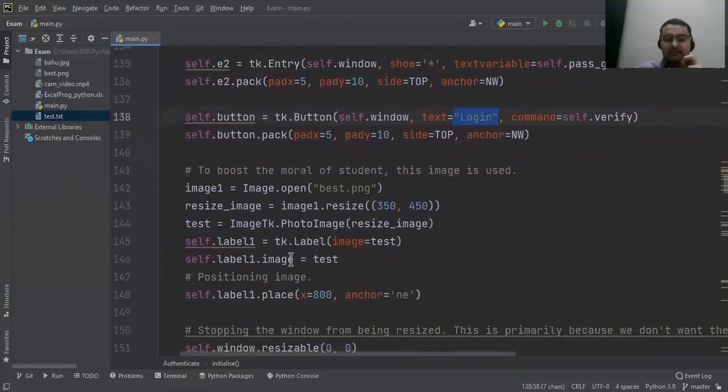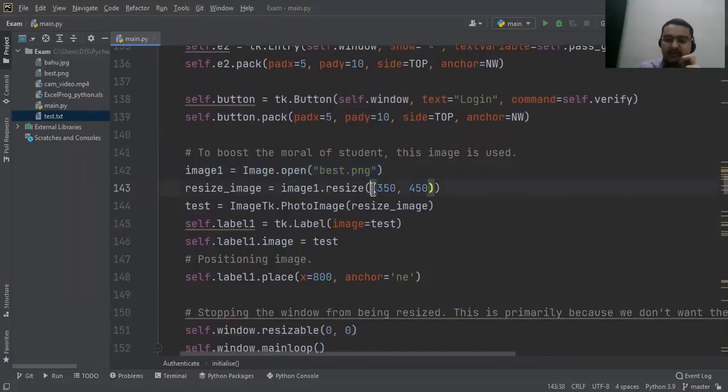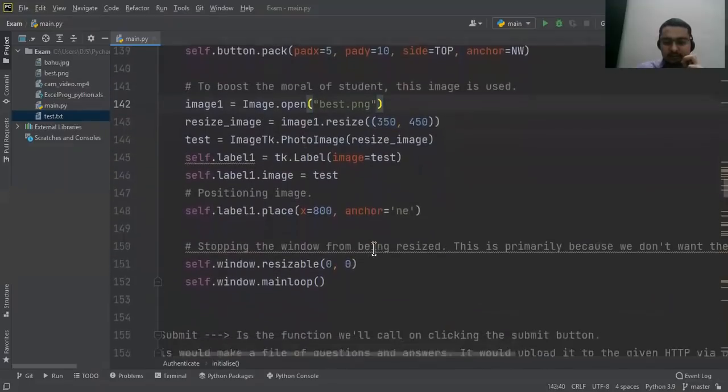Now, as I said, I would have one or two images over here, just to make the GUI a bit better. I don't say that it is the best, but it is still good to see. That is why I've used an image and resized it, and therefore you would see a not so good image, because it's a PNG and not an SVG. If you want to try those things out, it's good for you.